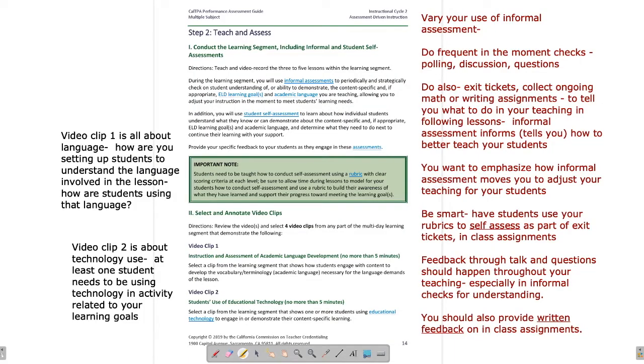Teach and Assess. You're going to conduct the learning segment including informal and student self-assessments. All right, so let's focus on the first piece here. During the learning segment, you will use informal assessments to periodically and strategically check on student understanding. So I always call this checks for understanding. Check on student understanding or the ability to demonstrate the content-specific and, if appropriate, ELD learning goals and academic language you are teaching, allowing you to, and here's the big word, adjust your instruction in the moment to meet your